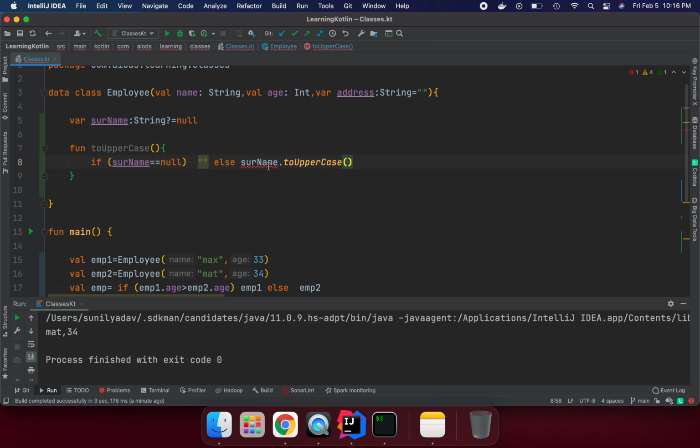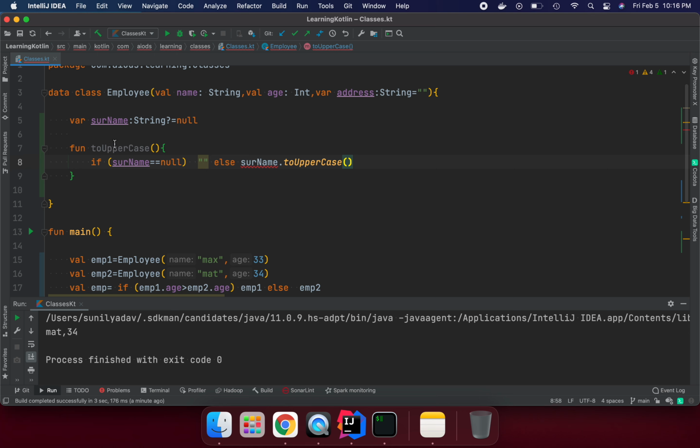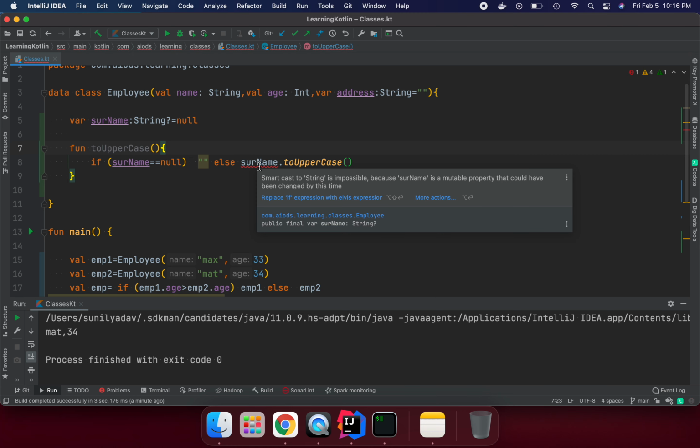We can see there is an error. Let's look into it: it says smart cast to String is impossible. Why is it impossible? I know this is the String type, I declared it. Why is the compiler complaining to us? It says smart cast to String is impossible because surname is a mutable property that could have been changed by this time. That is possible, so smart cast is not working anymore.